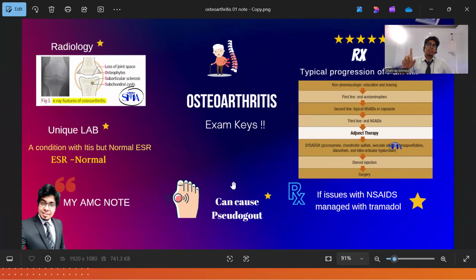Someone has osteoarthritis or rheumatoid arthritis. Will they have more chance of pseudo gout, or will a normal person have more chance of pseudo gout? This is a very popular exam oriented thing, guys. I'm telling you again, it's very popular exam oriented. Do normal people have more chances of pseudo gout, or defective joints like rheumatoid arthritis, osteoarthritis? The defective joint actually has more chances of pseudo gout, even though pseudo gout is over 50, but already something defective joint.